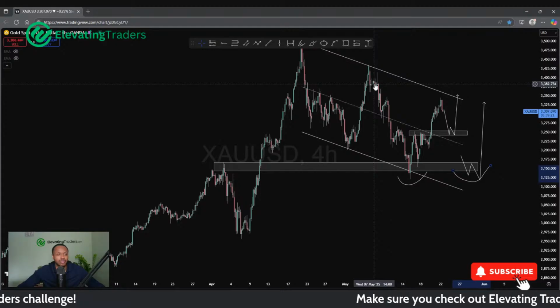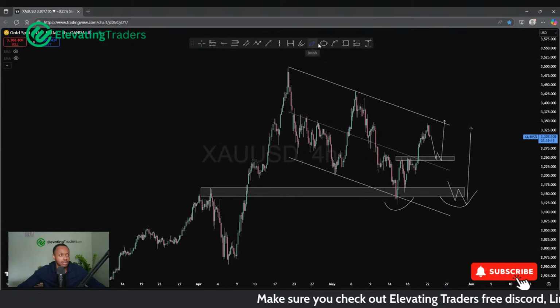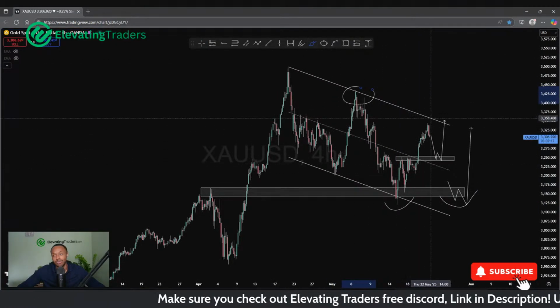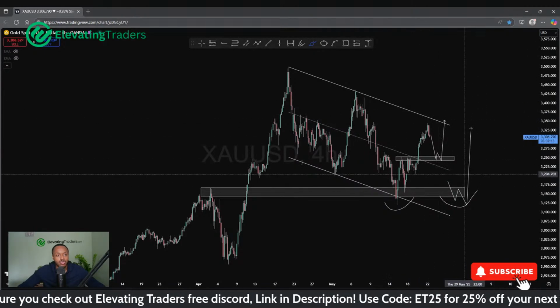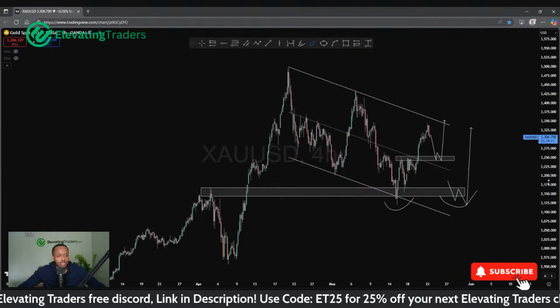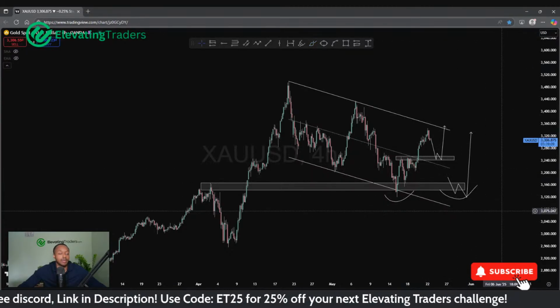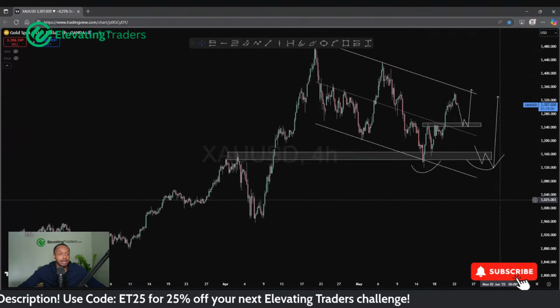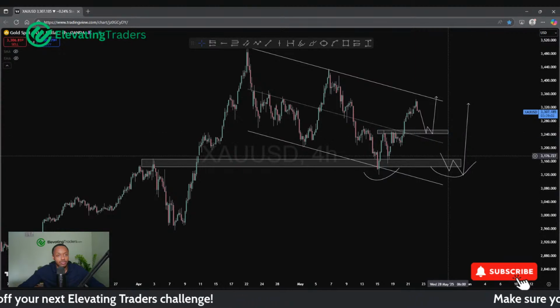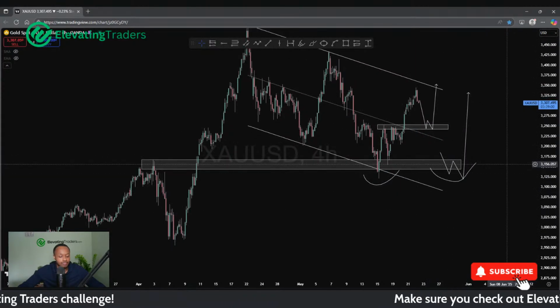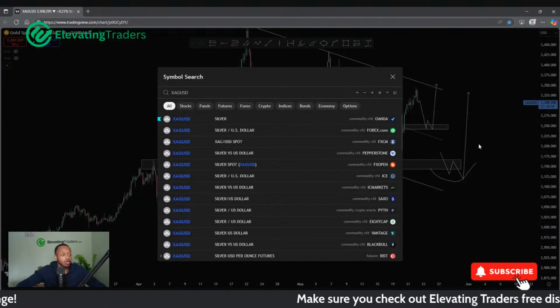Yes, of course, signs of the market tiring, the fact that we formed a lower high here, the fact that we are pretty corrective on the way up. Yes, there's some signs of us slowing down, but no significant break of structure or signs of reversal. So I would expect the buyers to kick back in unless something changes drastically. So I'll keep an eye on 3250 and 3160. I think those are smart places for longs.